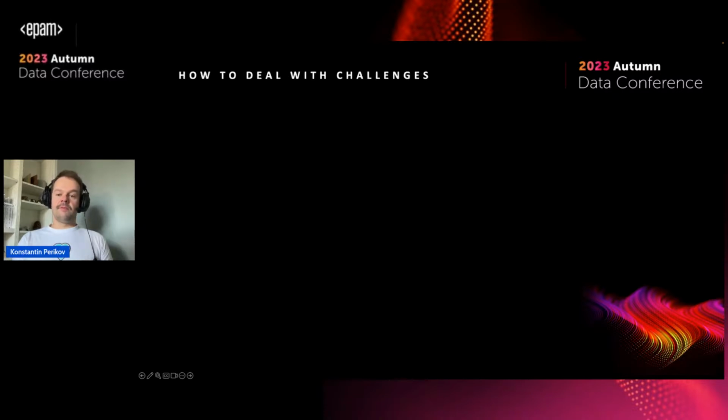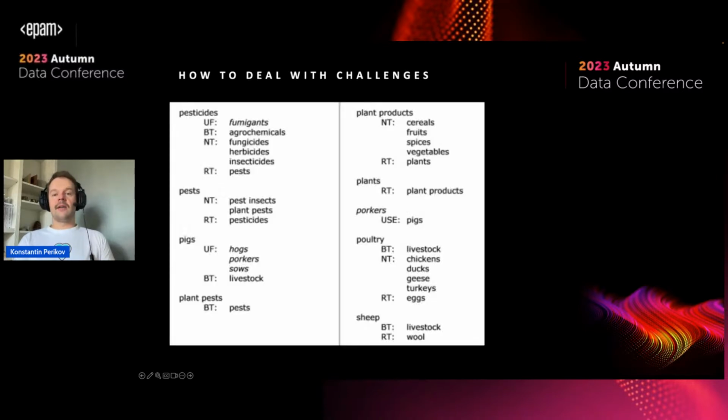And let's take a look at how you could solve some of those challenges. One of the classical ways to deal with the contextual limitations and polysemy, for example, is to use something like a synonyms list and, to be honest, more of the ontologies and taxonomies, falling into the category of knowledge management in particular. So this means that we want to make sure that this inherited information, for example, that pesticides in this case are part of the broader agrochemicals group,